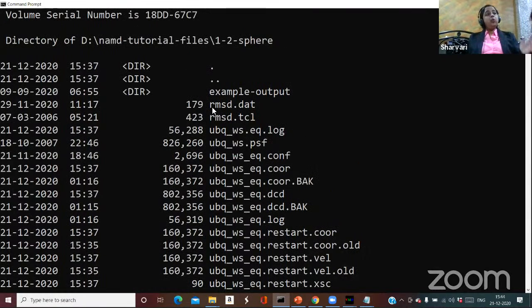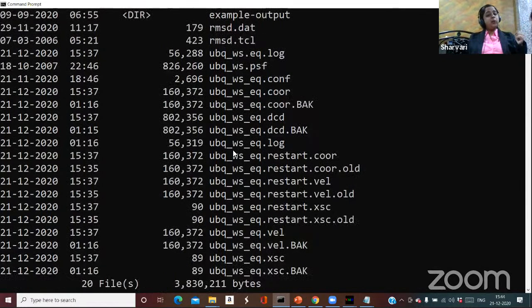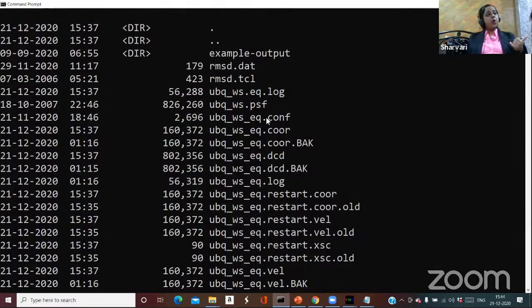You should get these 11 output files, and you are going to load the DCD file and the PSF file in order to analyze your protein after simulation in VMD. Okay, so we have done the water sphere simulation in non-periodic boundary conditions,